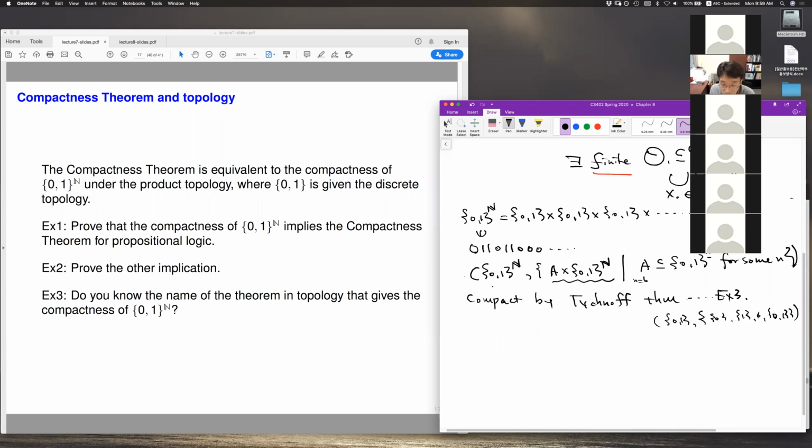Okay. So this is the specific compact topological space. It turns out this space is essentially identical to what's really happening in propositional logic. The way you can view this is, if you have this infinite sequence of 0 and 1, you can view this as an assignment